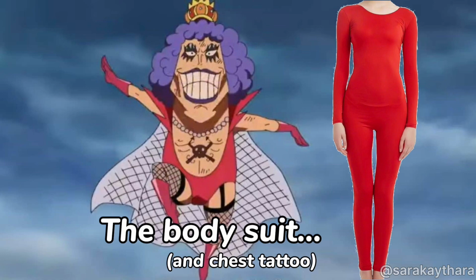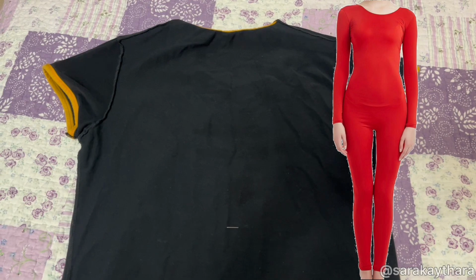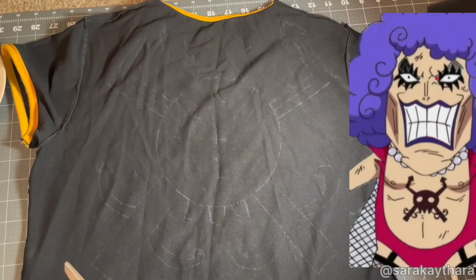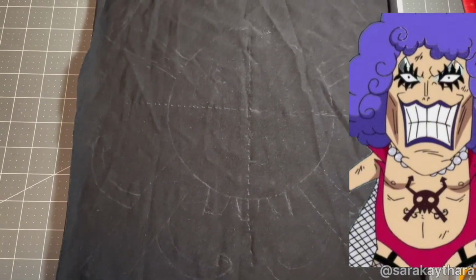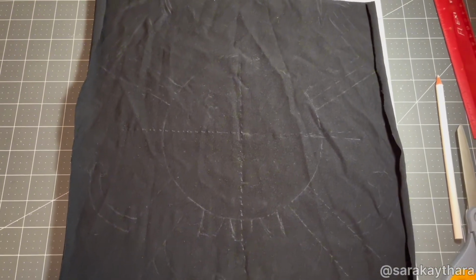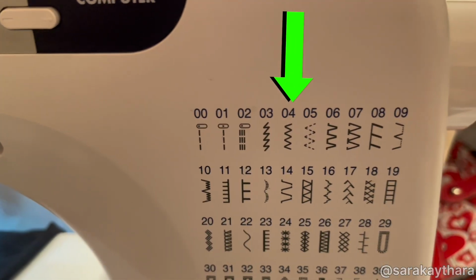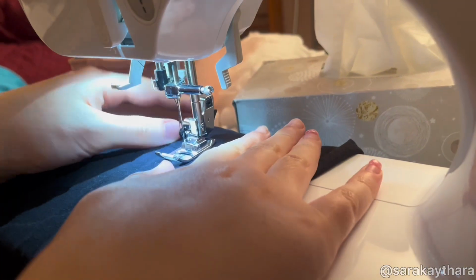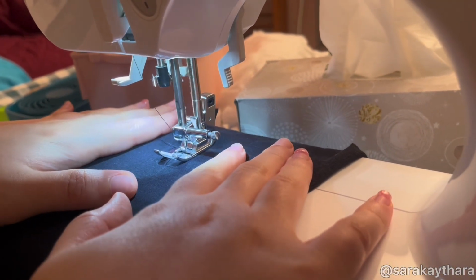I ended up sourcing a bodysuit online, one that I could wear that would cover the full body since I was wearing it in the winter. I then took an old t-shirt and I sketched on the torso tattoo that's on Ivankov's body. Instead of placing it on my skin, I'd be placing it on the bodysuit. And what I ended up doing was I'd sew with a sort of zigzag stitch over the outline, mainly because it would not hold its shape if I cut it out and then tried to sew it